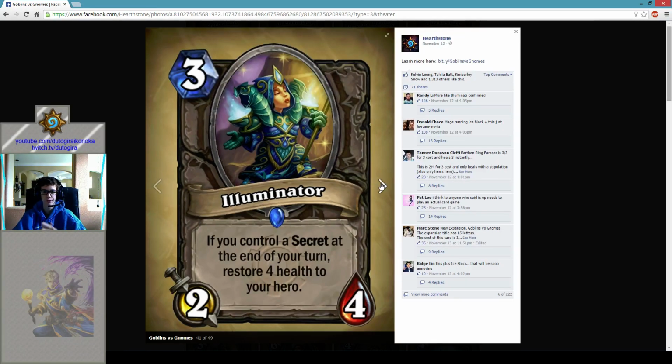Next up, Illuminator, a 3-mana 2/4 with if you control a secret, at the end of your turn restore 4 health to your hero. Huh? In a mage deck, I guess a secret mage would make it okay. I guess Paladin could really make use of him. Priests don't even have secrets, so come on, guys. What? What's the...